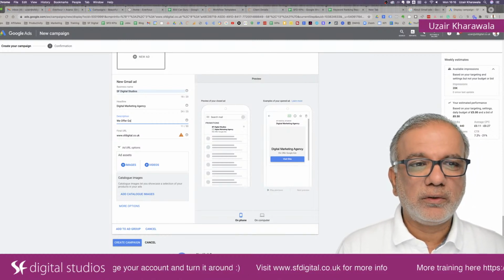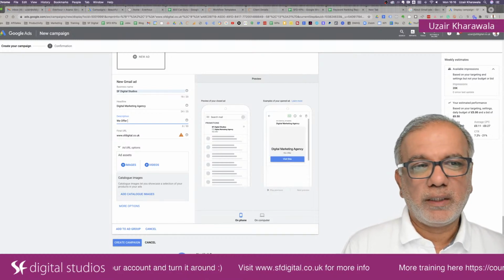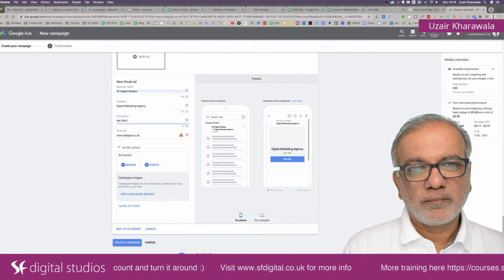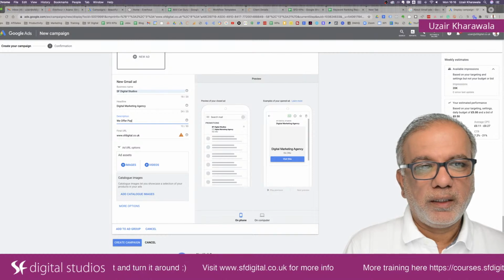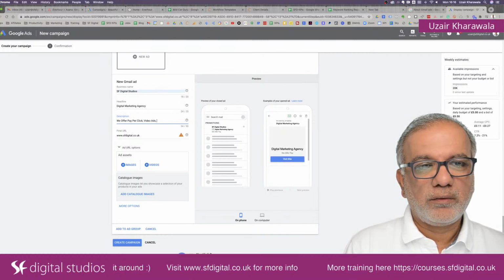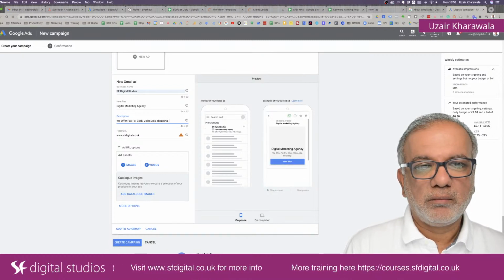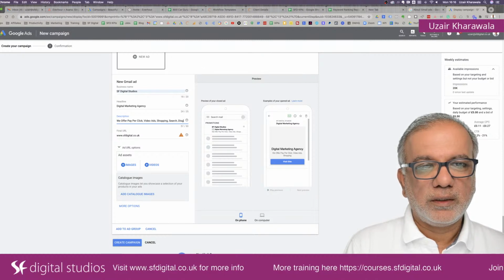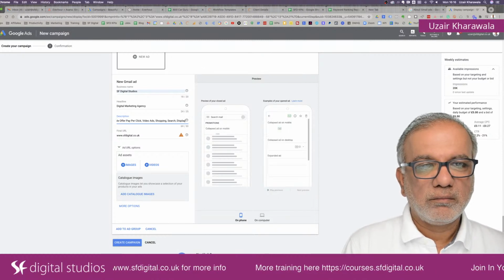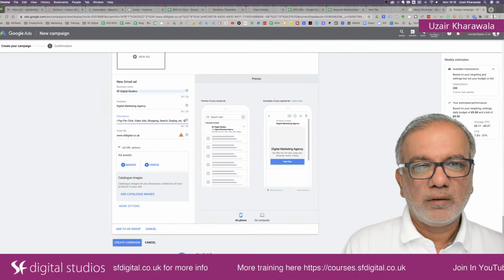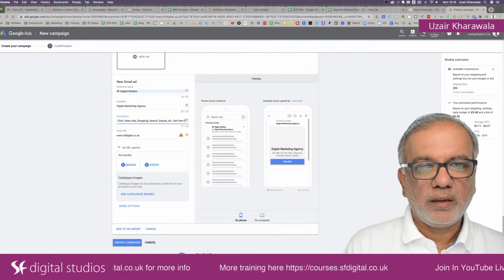So if you're not sure, then I would take out Google and we'll put in pay per click, video ads, shopping, search, display, etc. Get free